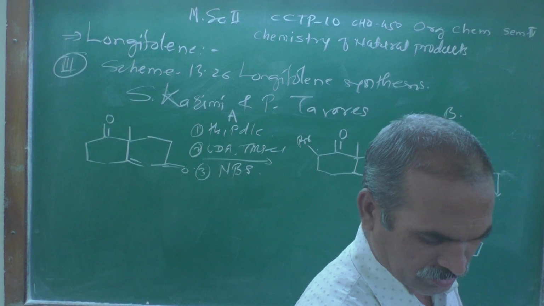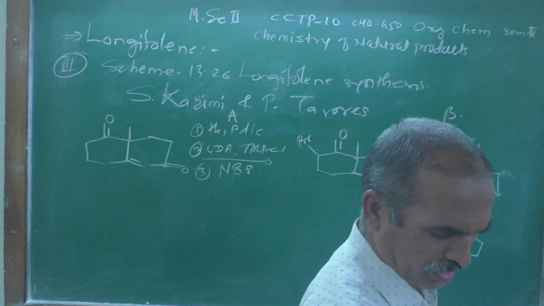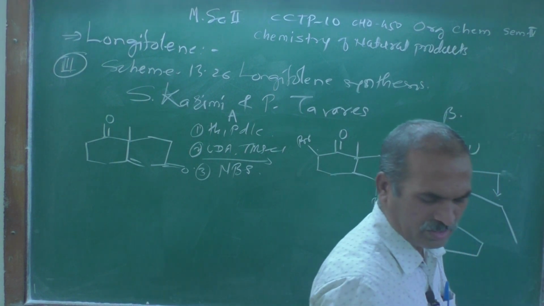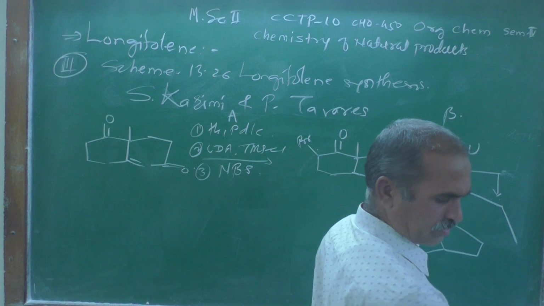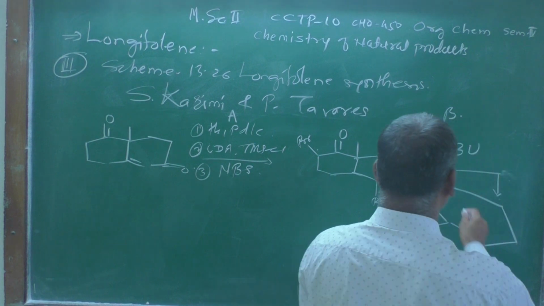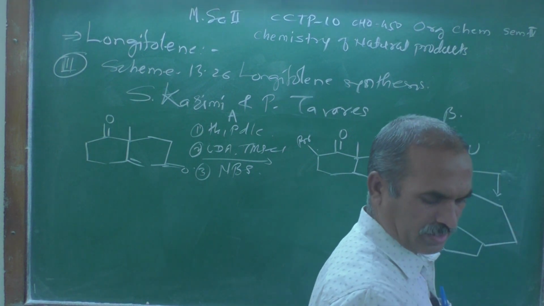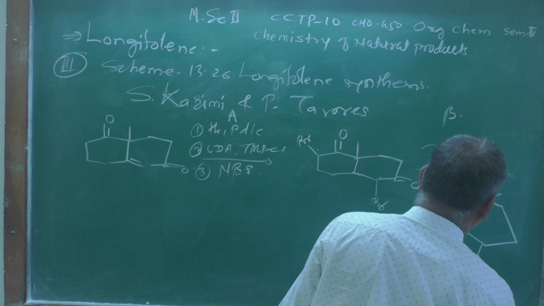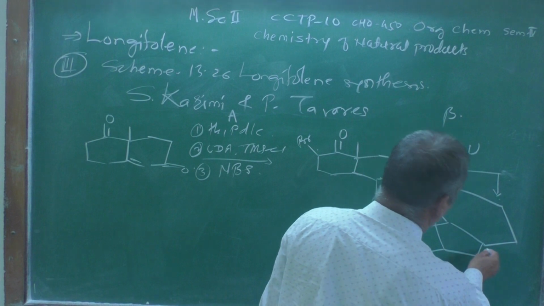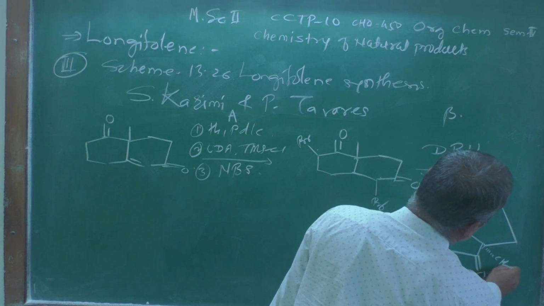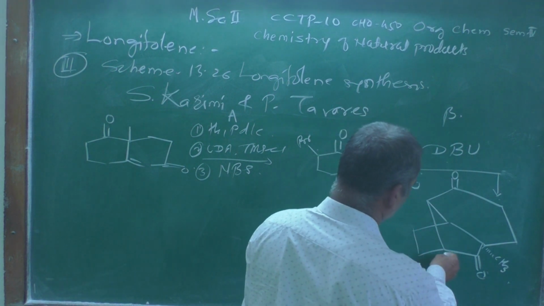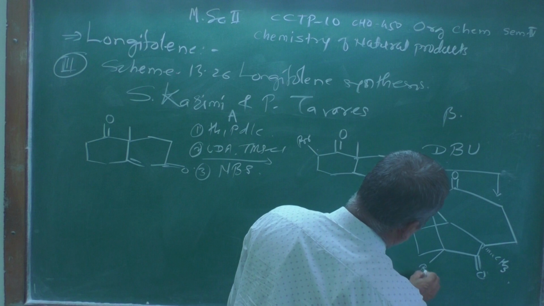This, which we are going to get over here, this, and then going to get over here. Then here will be a carbonyl group, and here is a carbonyl group, CH2, here is a methyl group at this junction that goes below the plane, and here at this bridge side there will be a bromine.